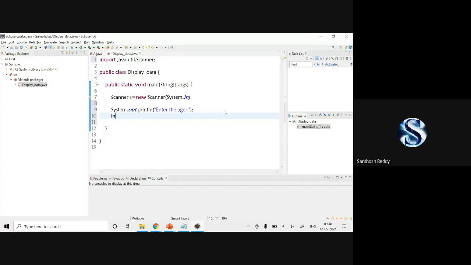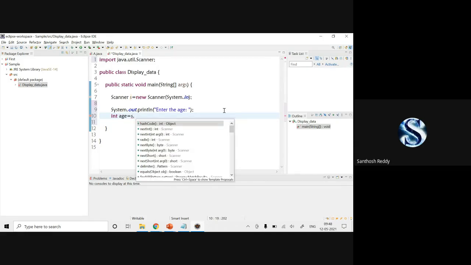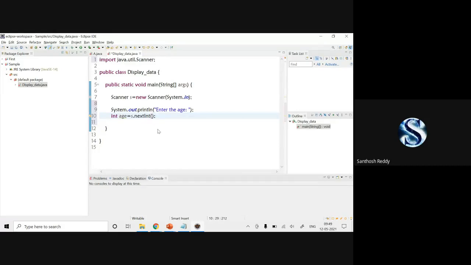Next, I'll create a variable int age is equal to, and you make use of the Scanner class reference variable, dot. When you press dot, automatically you get some options. Now we are going to take an input of integer value, so we have to select nextInt. Select that and give a semicolon.